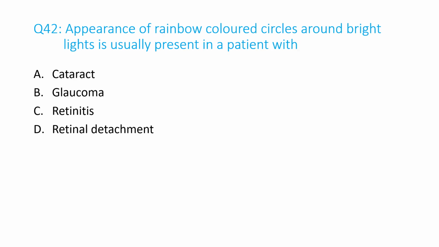Question number 42. Appearance of rainbow-colored circles around bright lights is usually present in a patient with A. Cataract, B. Glaucoma, C. Retinitis, D. Retinal detachment. And the answer is